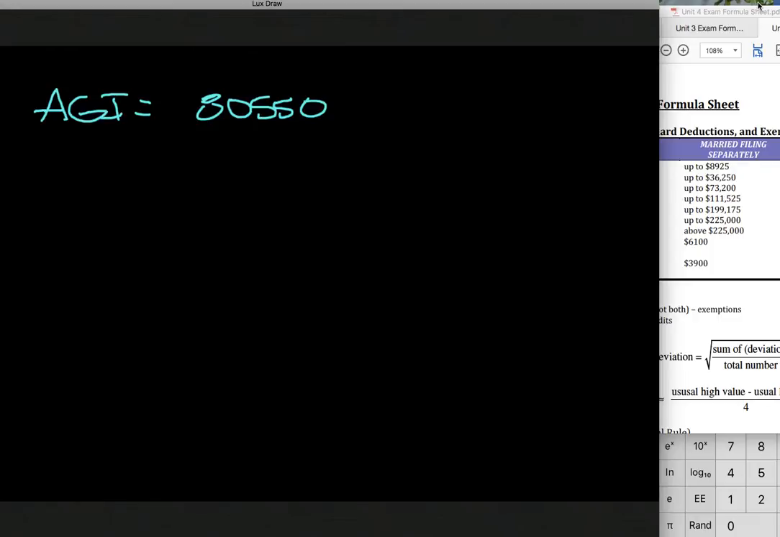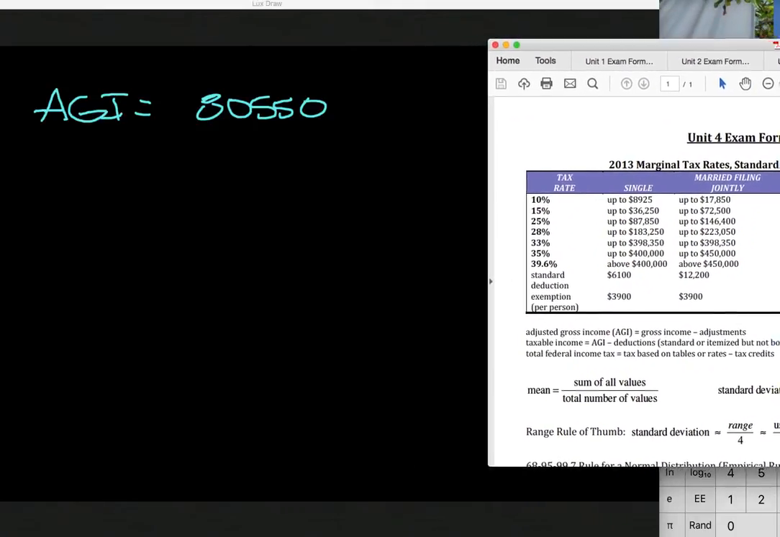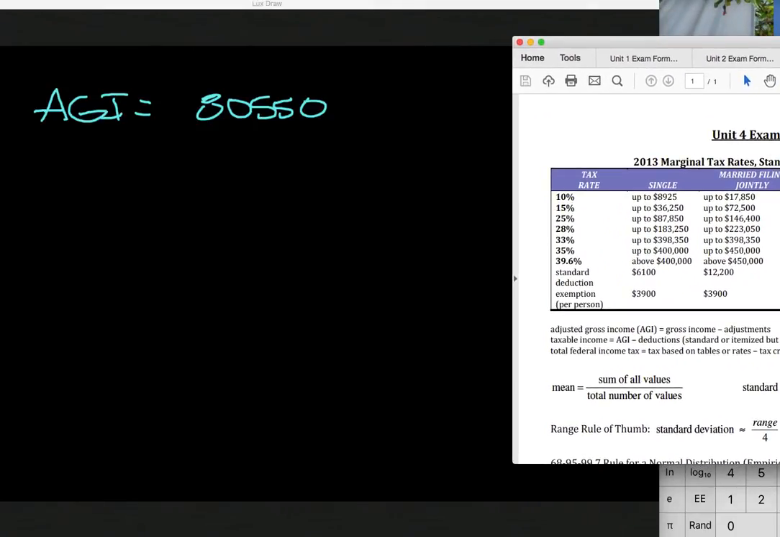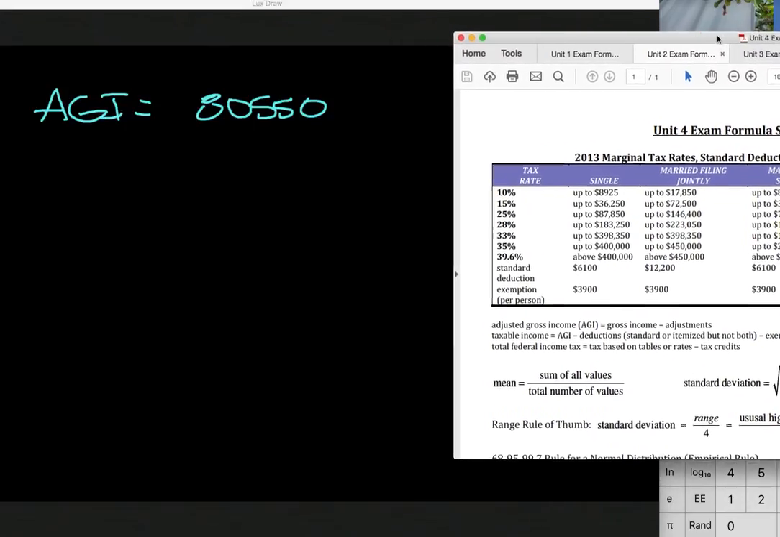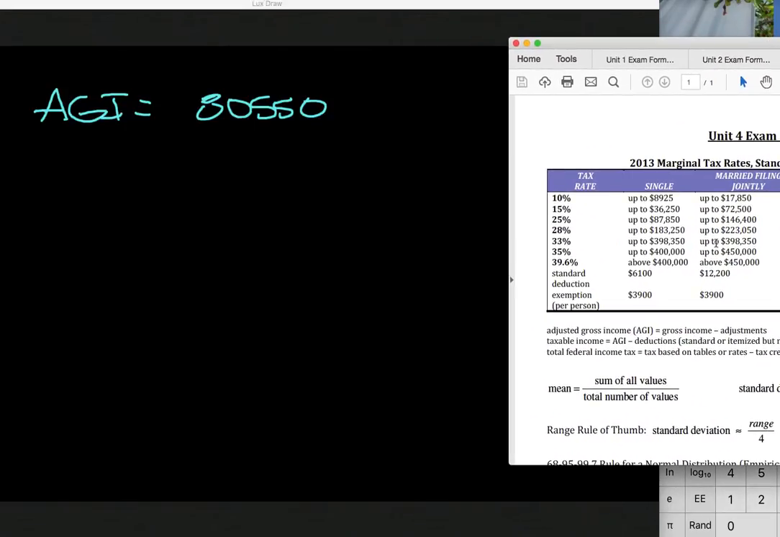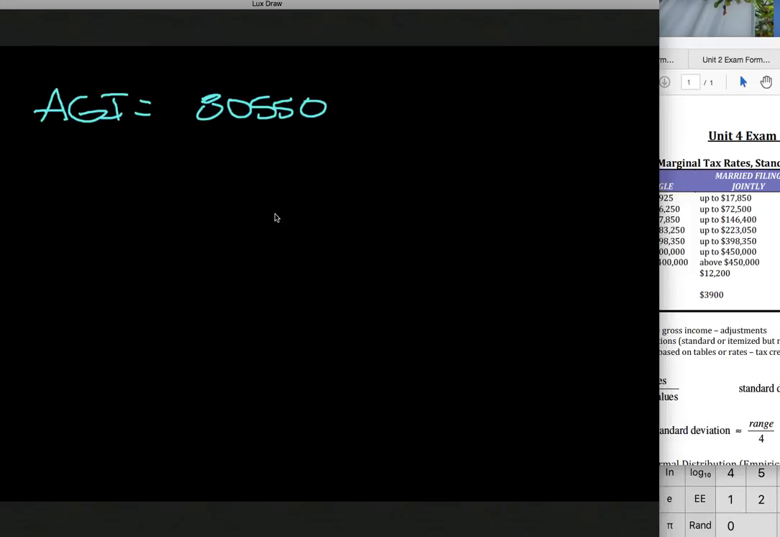I'm going to slide this over just a tiny bit because then I think we can maybe see some of this at once. The taxable income is the AGI minus deductions minus exemptions. So I'm looking here at married filing jointly. So my deduction,